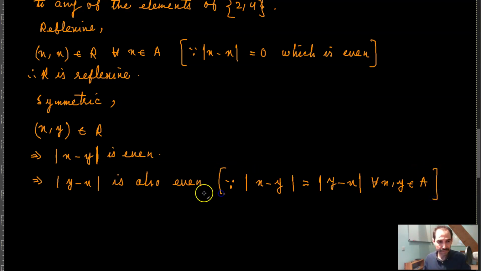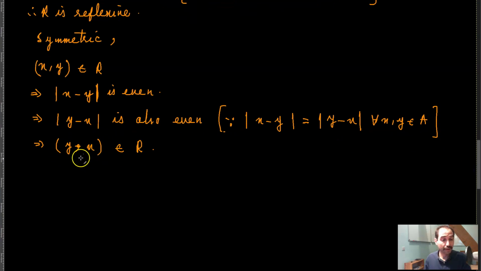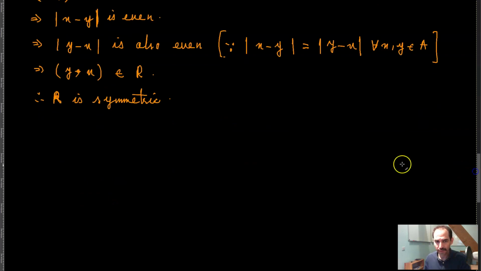So if the absolute value of y minus x is also even, that means the ordered pair (y, x) belongs to R. Since (x, y) belongs to R and (y, x) belongs to R, that means R is symmetric. R is symmetric, right? And to show that R is transitive,